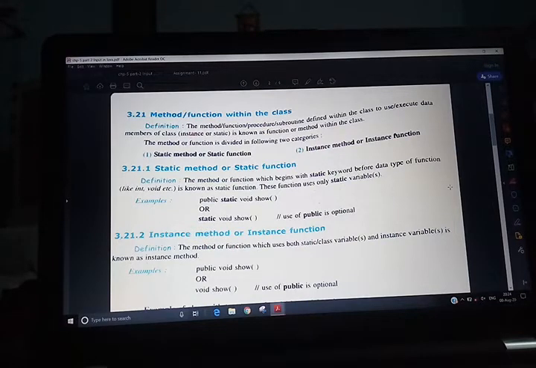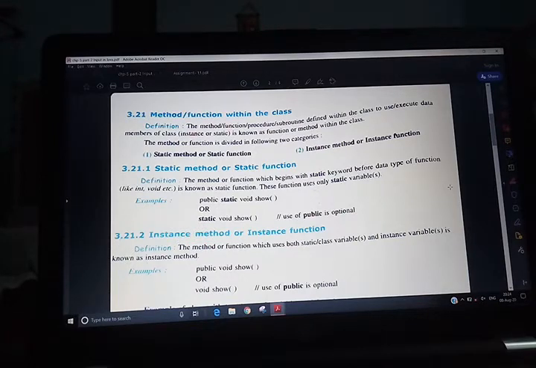Suppose the variable sum will be allocated memory of 4 bytes, so 32 bits, because an int type, meaning integer type, has a size of 4 bytes.